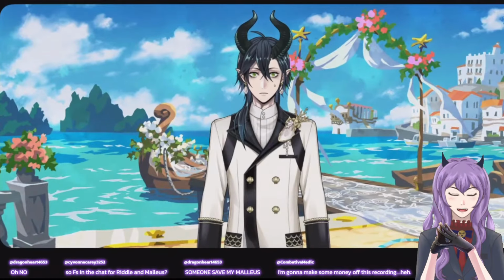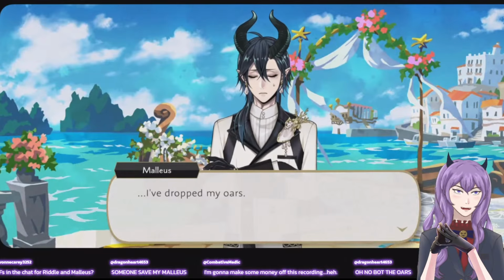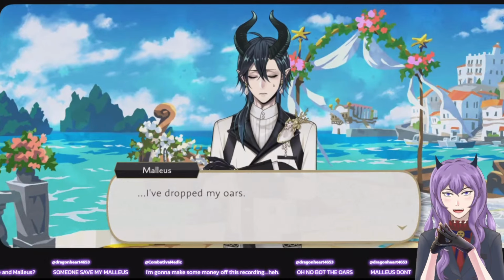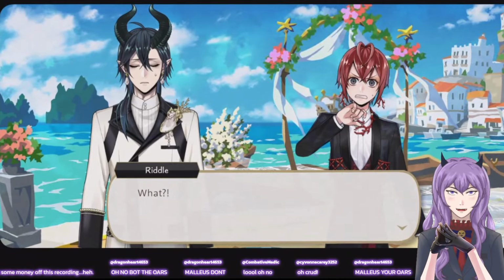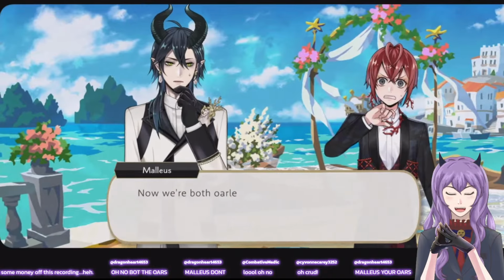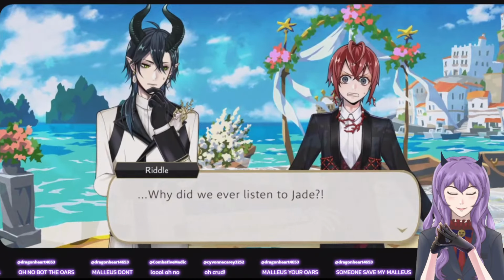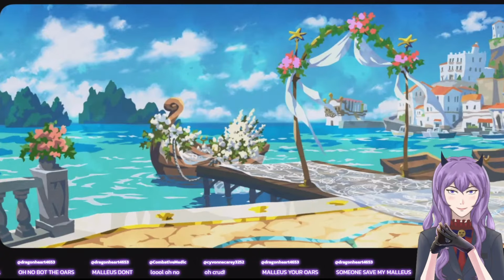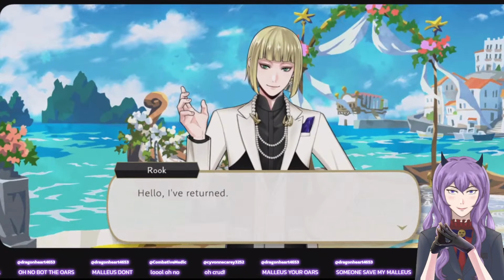No, Malleus! You're gonna crash! Oh my god. Alright, start using your hands! Oh wow, Rook has just been leisurely rowing his boat.